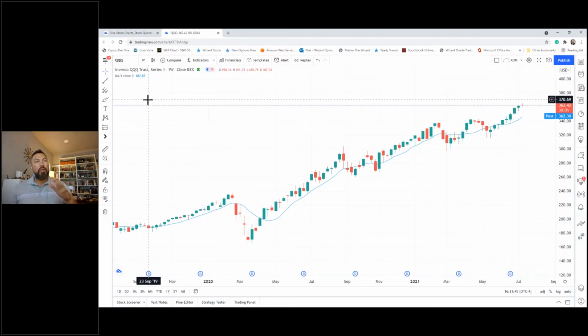If you just logged in, this is a free account. This is not paid. I'm not an affiliate of TradingView. This is something that I've just used for years and years and years, and I've grown accustomed to it. This also applies on something like Thinkorswim, Charles Schwab charts, Fidelity charts, bar charts, whatever free charts you have access to. All of these moving averages are there. That's why I like to use them, because it doesn't matter where you are or who you are or what type of application you have access to, you can follow along with a strategy.